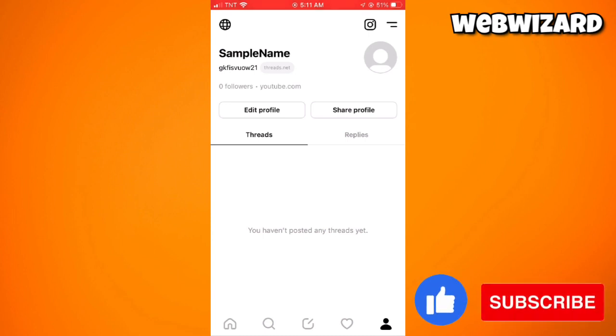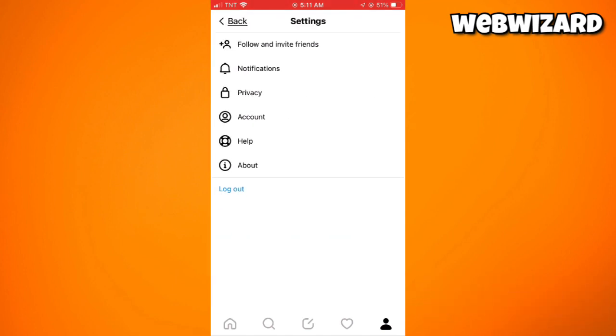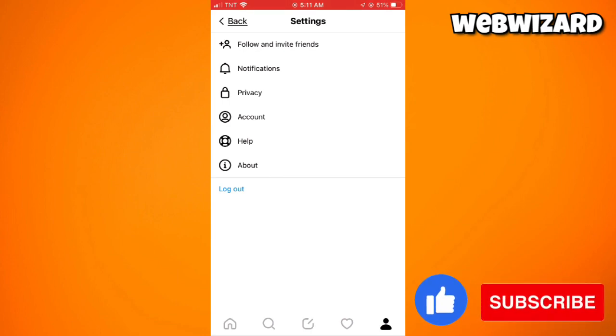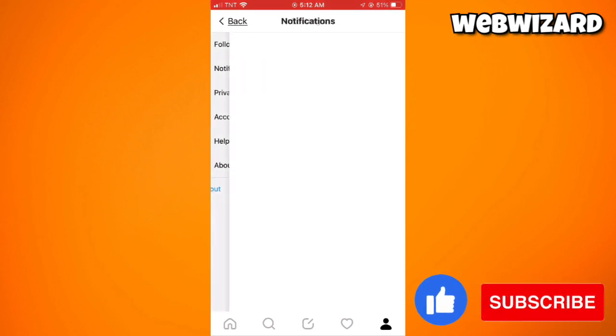For the last guide, we have privacy and blocking. So if you want to adjust your privacy settings or block someone, go to the settings menu within the app right here. Now from there, you can manage your close friends list, control who sees your status, and block or report users if needed. Okay, so you can just go ahead and